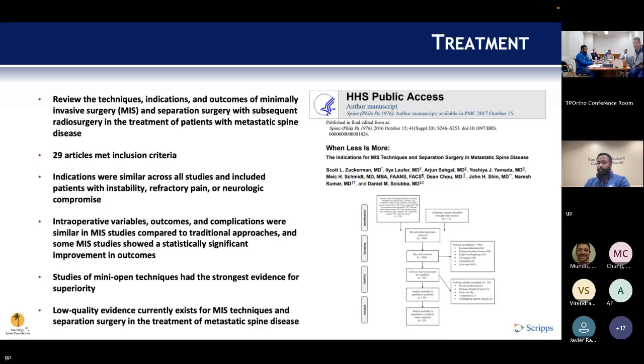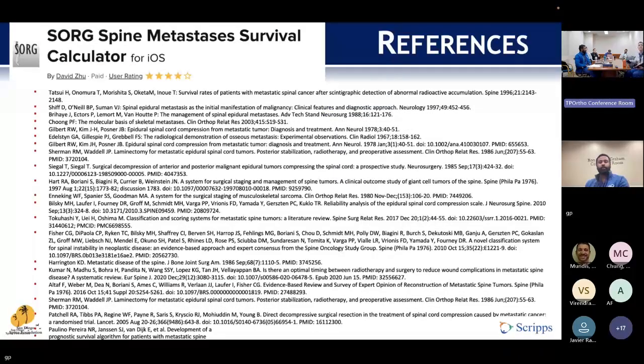So that was pretty much the end of it. Hopefully, everyone's still awake. When you're approached with these patients, there are some easier avenues rather than referencing all these papers. They have some apps out that can help you. There's a Sorg app here, and it got 4 out of 5 stars, so it must be pretty good. So go ahead and download it. It'll help you. Thank you, thanks, guys.